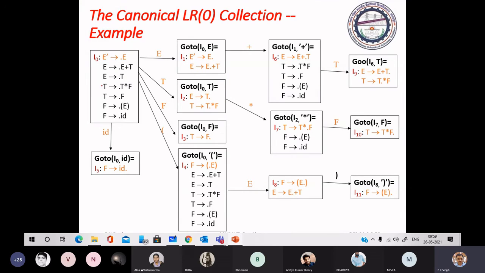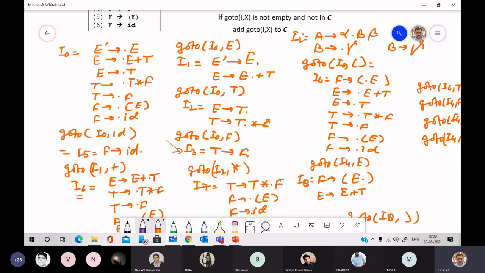As in this case, for state 0 that we have to construct with item set I0, these two items, this and this, have a terminal symbol just after dot, so the action is shift. We have to make entry of shift, and you can construct the table.